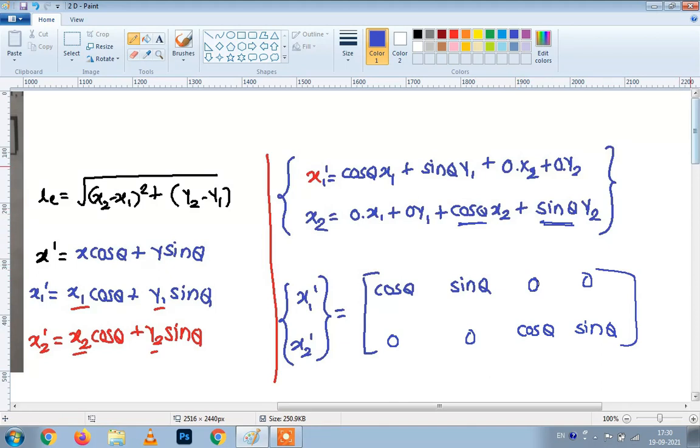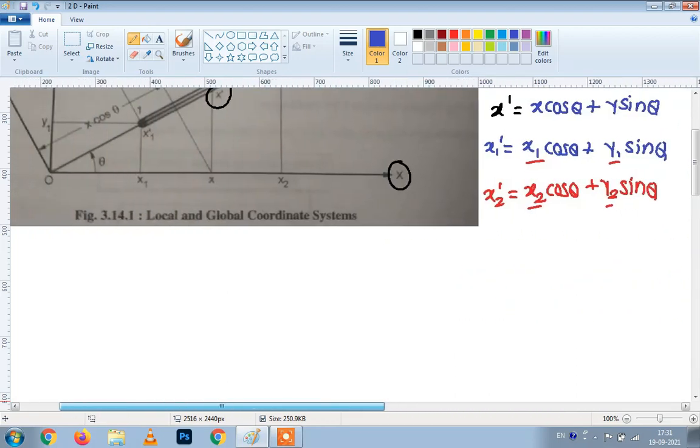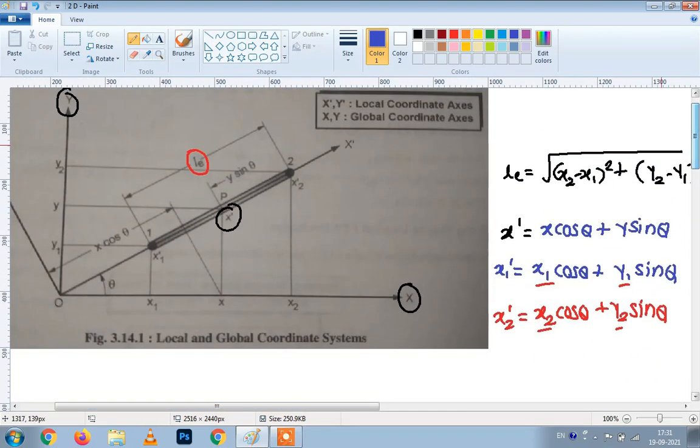Now let cos theta be equal to cx. So cx is equal to cos theta and cy is equal to sin theta. Now referring to this figure, if we consider the value of cos theta, if I draw a triangle like this here, let me draw the straight line. Okay.